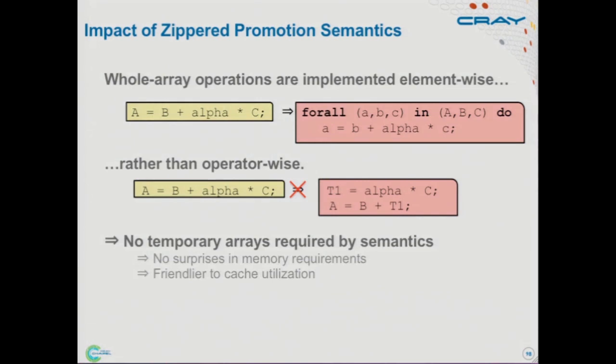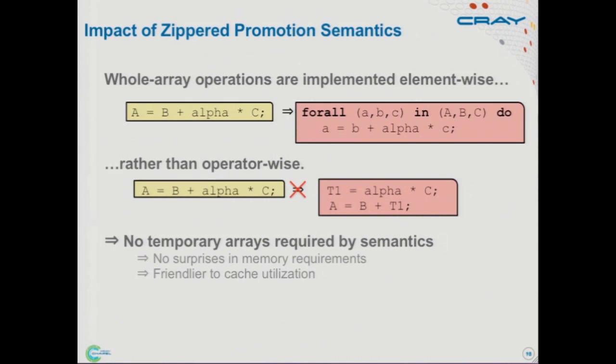And the reason for this is a lot of people's programs basically say, if you ask how much memory do you want, they say, well, how much do you have? So they take the amount of memory on the machine and budget, okay, then I can have this many arrays of this size. And if the compiler introduces one temporary array, it can blow your whole memory budget and kill your performance as well.